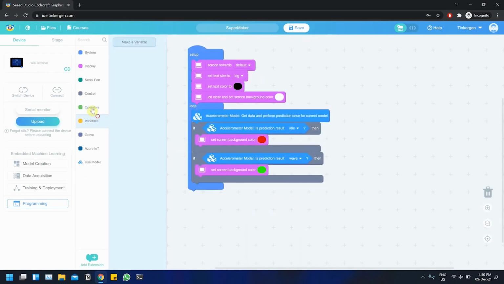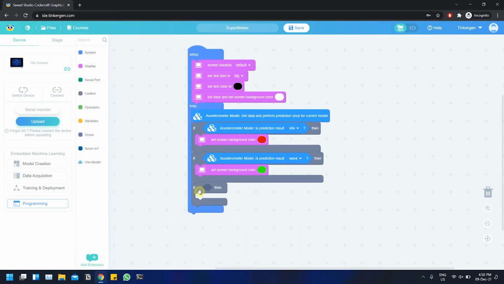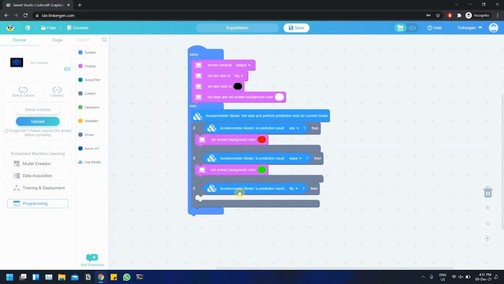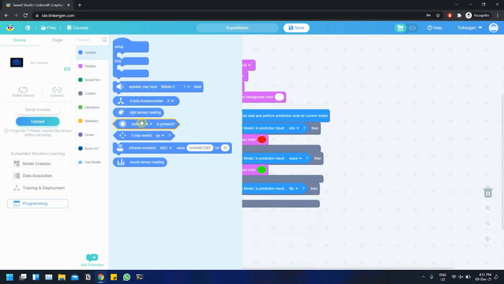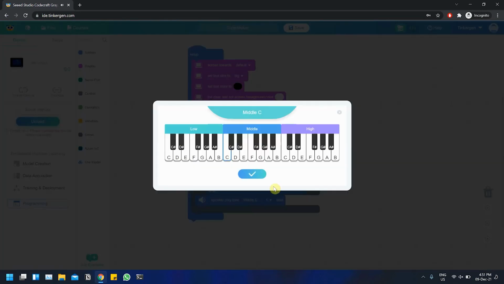Now I'll drag another if block, and if the accelerometer prediction is flip, I will make it ring a sound. So go to the tab. If the accelerometer is flip, let's make it play some sound. I'll make it play,